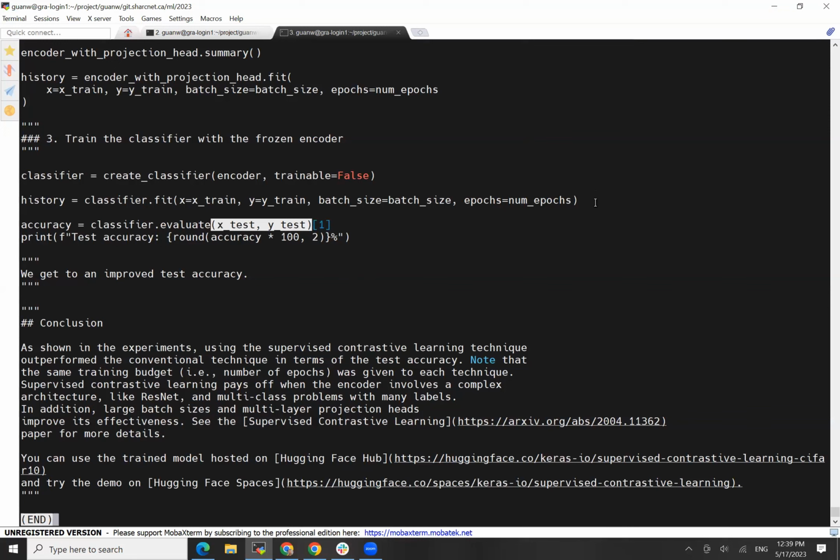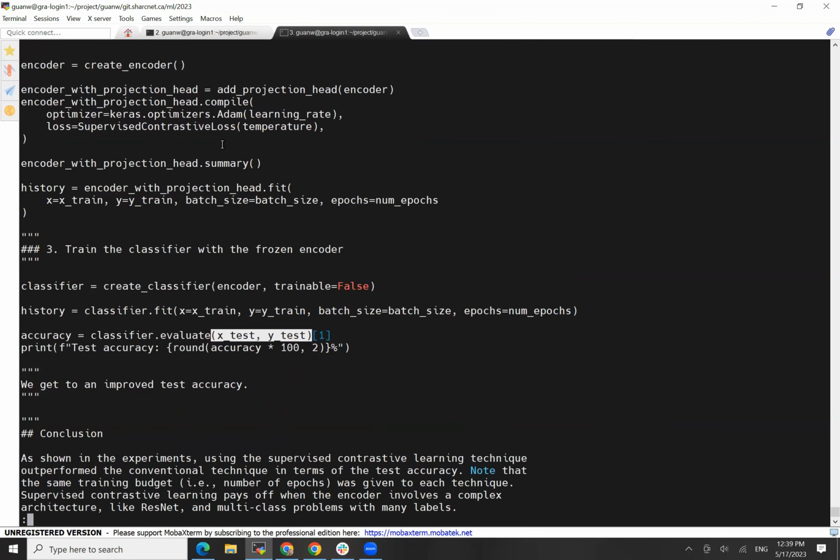All right, that's the original code. I already ran it. The difference between the two experiments is not very big. I think in one we got like 77% accuracy, and with the contrastive learning we got 80 or 81. So that means we got like a 3 or 4% improvement. Not very big, like I mentioned before. Contrastive learning by itself is not powerful enough, but to get a better result,